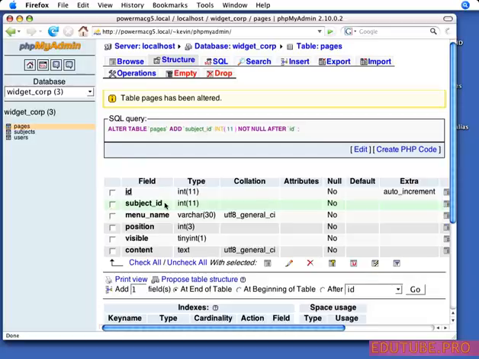Now, we don't need a relationship between users and subjects and pages because users doesn't have a relationship. Users is going to be a table on its own that we're just going to check and see if someone exists or not, and based on that, either log them in or out. We don't need to keep a relationship. Now, we could, for example, create a relationship and keep track of which user created a subject or which user last edited a subject. We can come up with more complex relationships, but I don't want to get too deep into those and come up with confusing relationships and more advanced features. I want to stick to the basics here. So for now, we just have a relationship between subject and